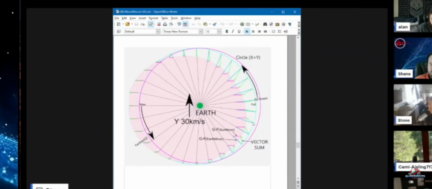However, when you look at the arrow on the far left, where the vector addition shows that it would actually cause the moon to be pulled to turn right, or to go straight, or to go tangentially at the minimum, it just doesn't appear to do that. And it does it month in and month out.